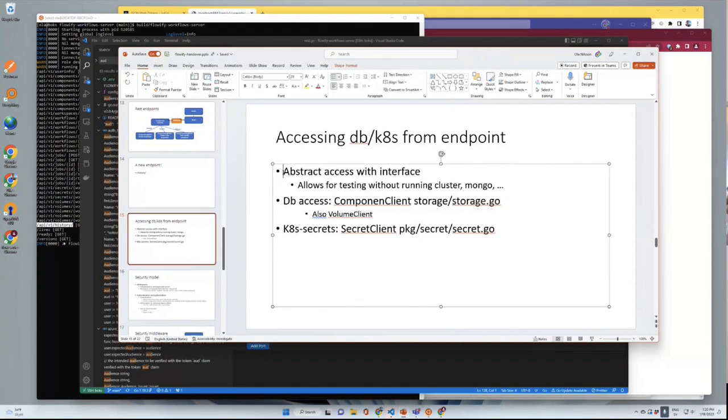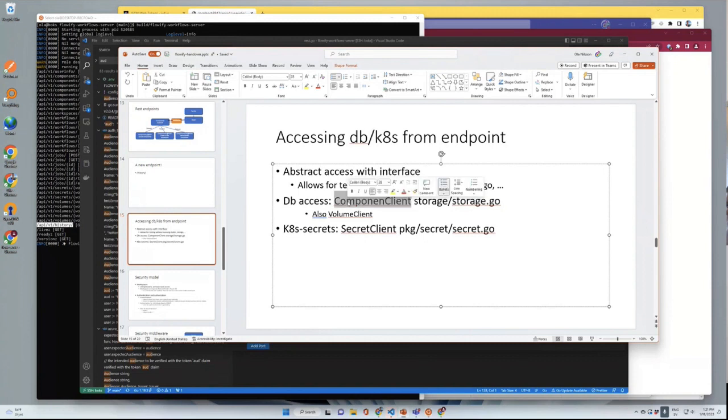To do that, it's important, obviously, but it's also a very common Go pattern, that you abstract the access with an interface, because that also makes it possible to run the tests without starting up a Mongo database and having to wait for that. So the interfaces for the database access,